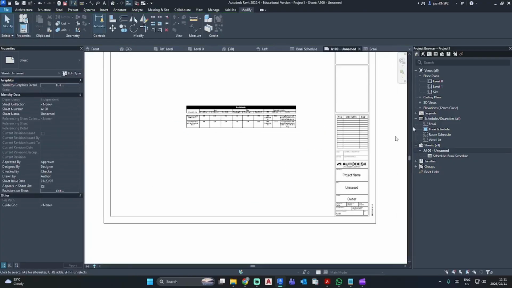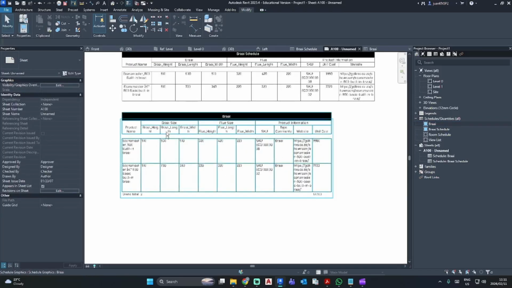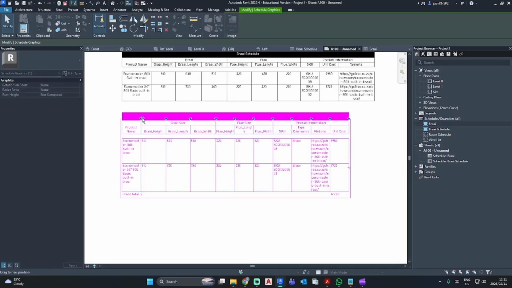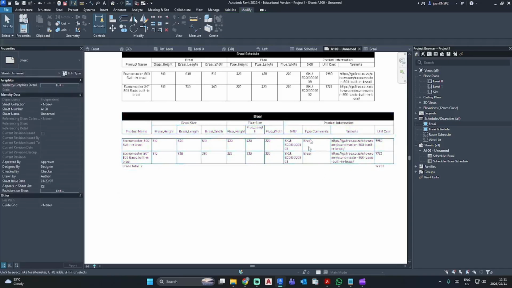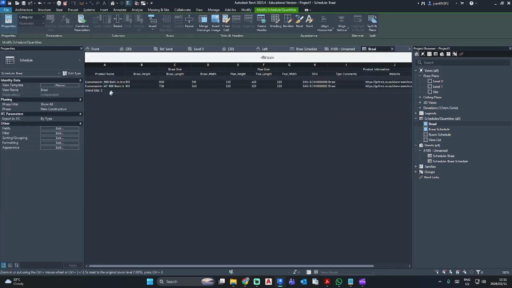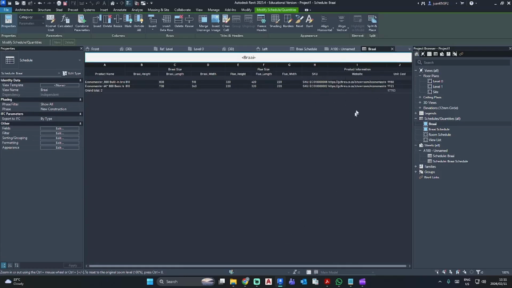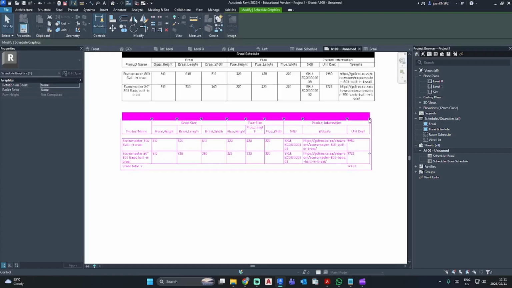So if we go to our sheet, take our schedule, and now we can place it in. And here you can adjust your text columns to be a bit neater. So type comments shouldn't show here because we know this is a Braai schedule. Let's go to Braai, go to formatting, select your type comments and go hidden field. And now it is out. And now we have a neat schedule.